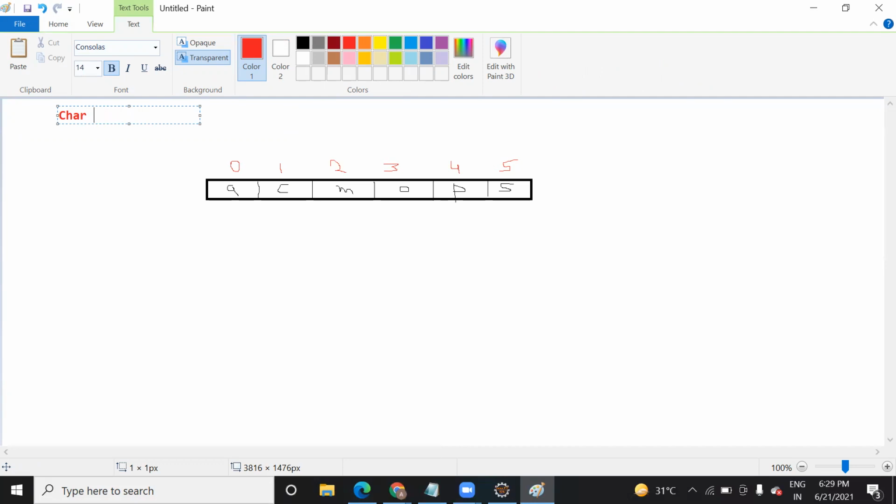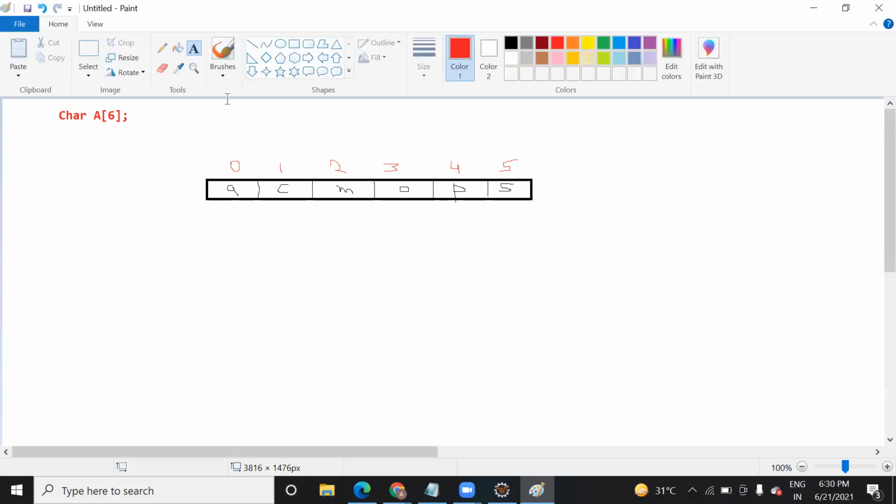Or you can declare it like this also. Let me take the name as a and the size let's take 7 and I declare it here. A is the name of my array, 7 is the size, or you can take it 6 also, it's not the deal. If you want, you can change the size based on your requirement. Now, suppose in case I want to delete an element. So let's delete an element. Suppose I have deleted this M.